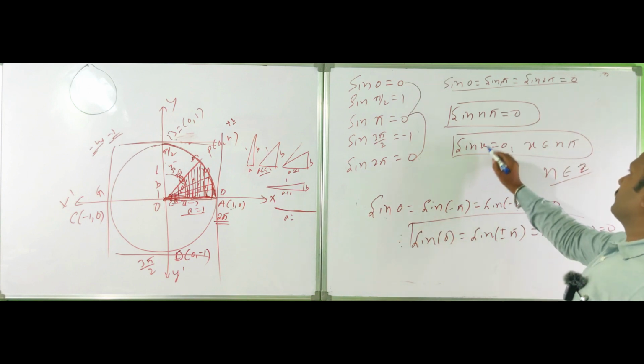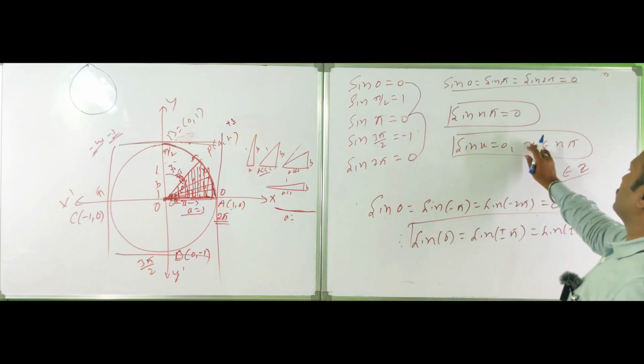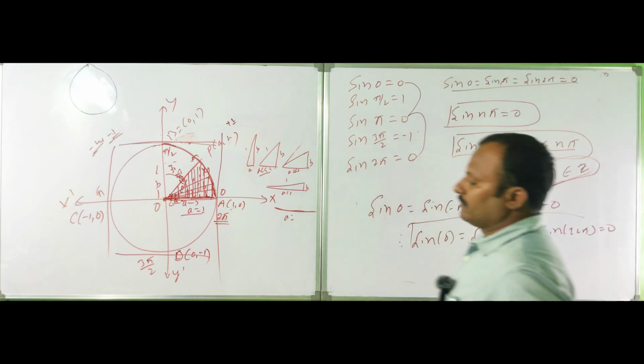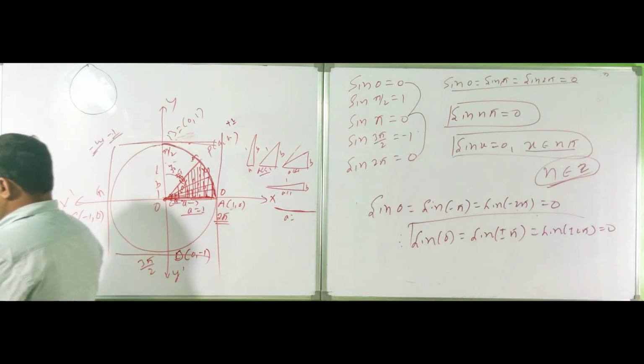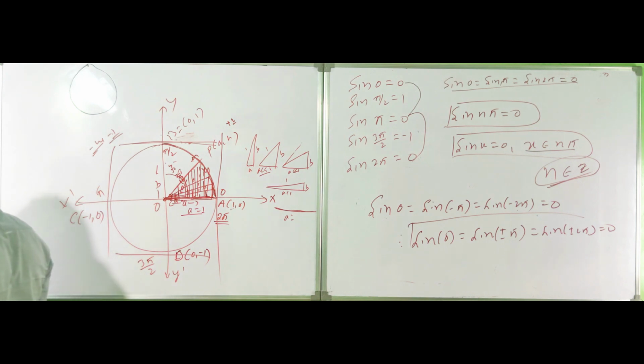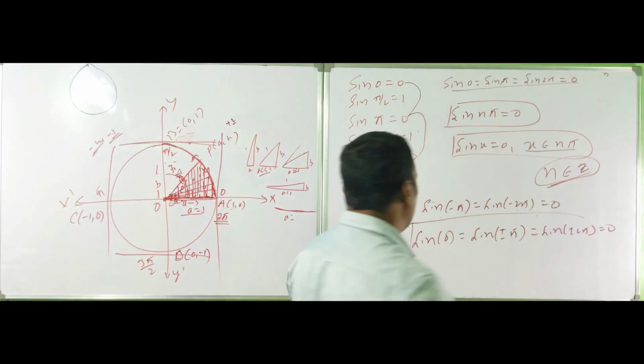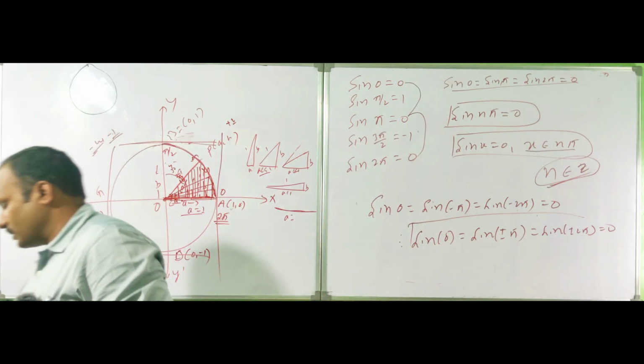That's why this is the general formula: x belongs to n pi and n is any integer value. Same for negative also. Similarly for the cosine rule,